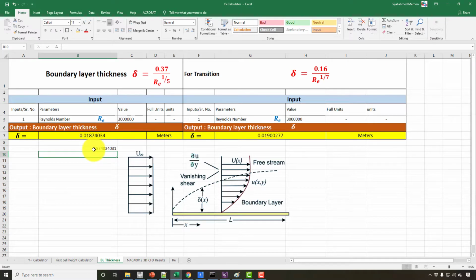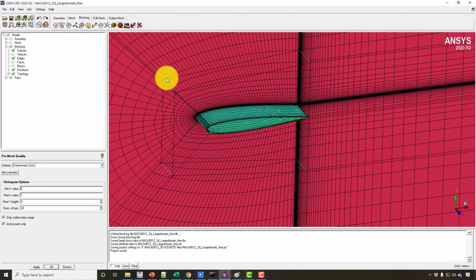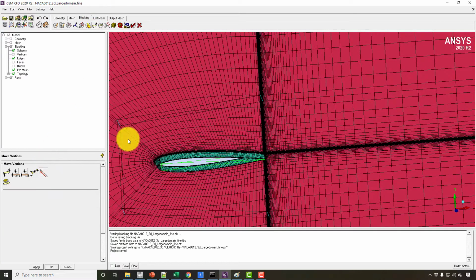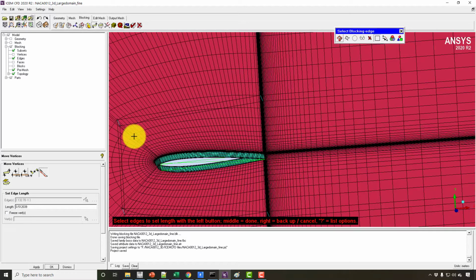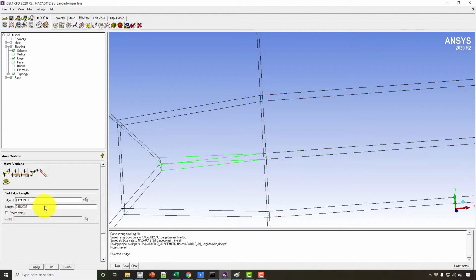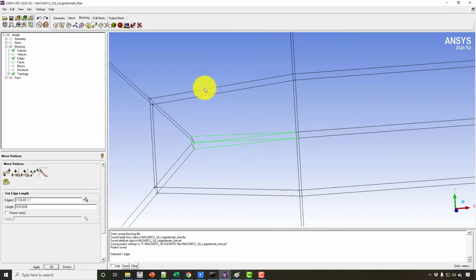So the maximum height of the boundary layer, which is at the trailing edge, is only 1.87% of the chord length. So I am thinking, why should we waste more nodes in the boundary layer? Right now, take a look here, I can measure the length of this edge, which is 0.51. So I'm thinking, why not reduce this edge, not exactly to the 0.018 like we are seeing in this